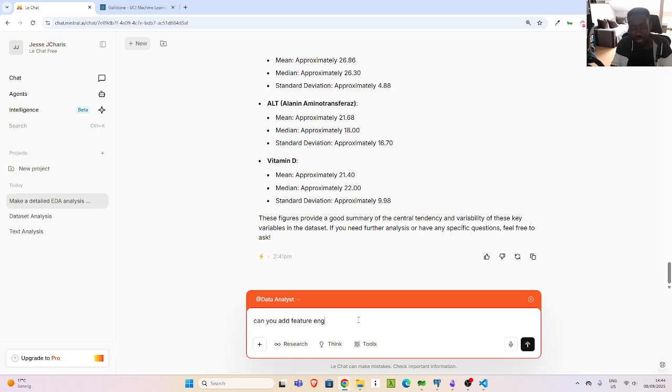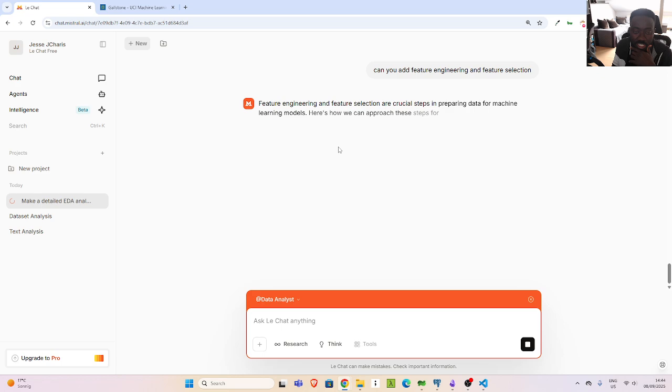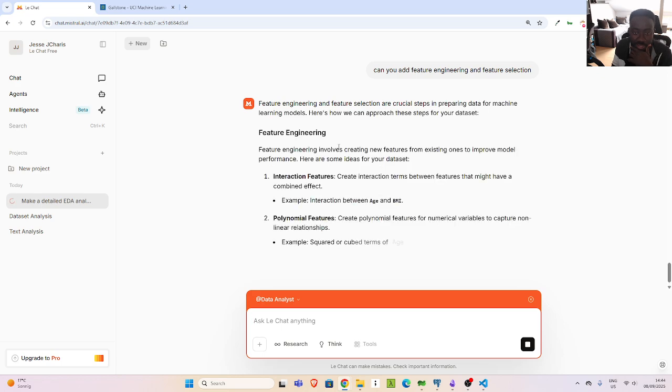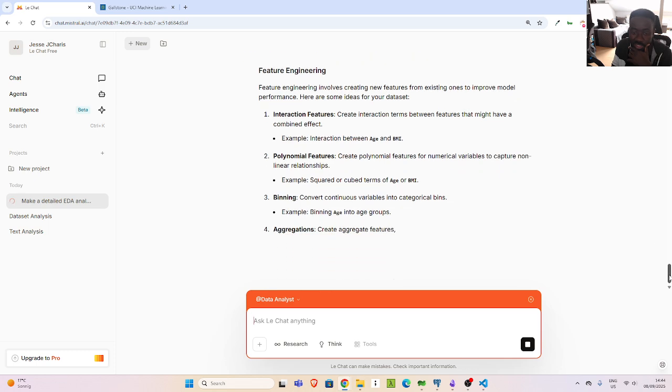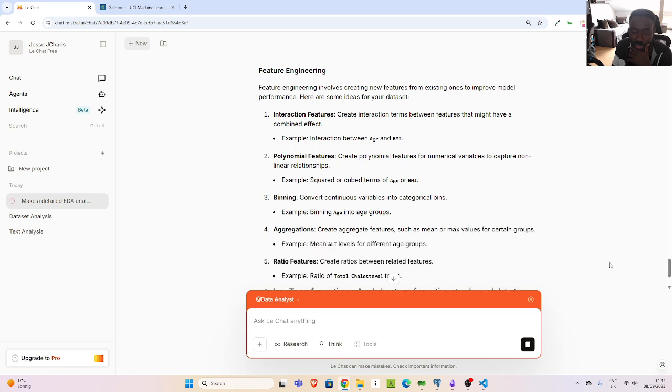Feature engineering, I want to check, and then feature selection. So now we are just chatting with it. Let's see if it's going to apply. Can you add feature engineering and feature selection? It's just giving a description, but I don't know whether it's going to apply it. Yeah, it's applying it. Apparently it's applying it to what we have here,